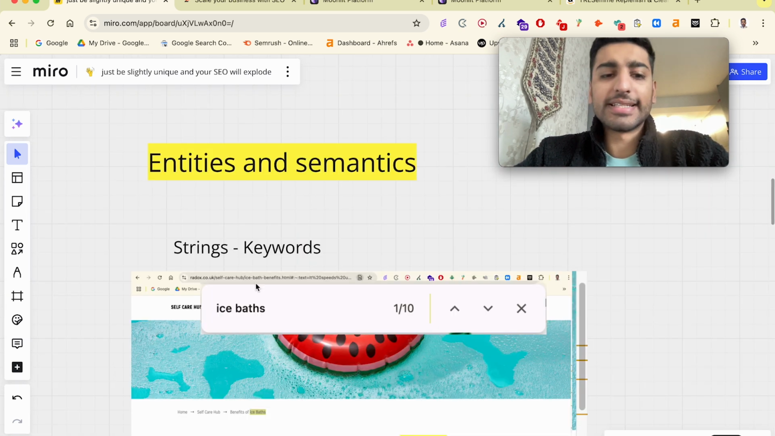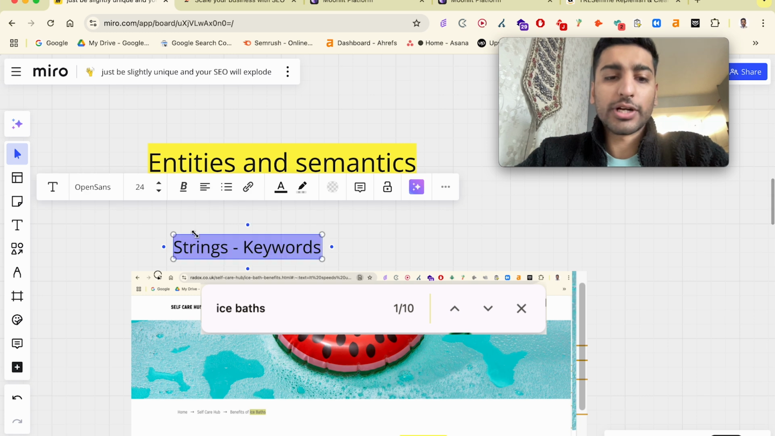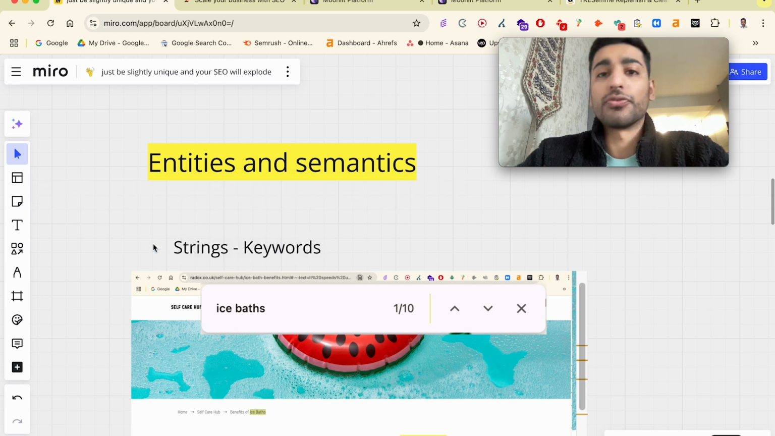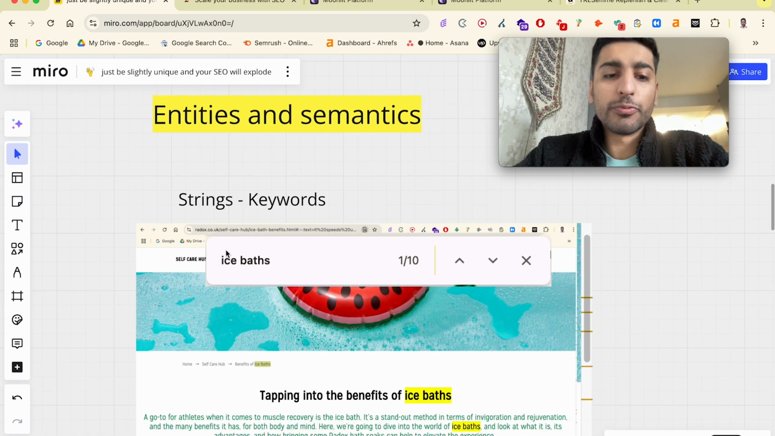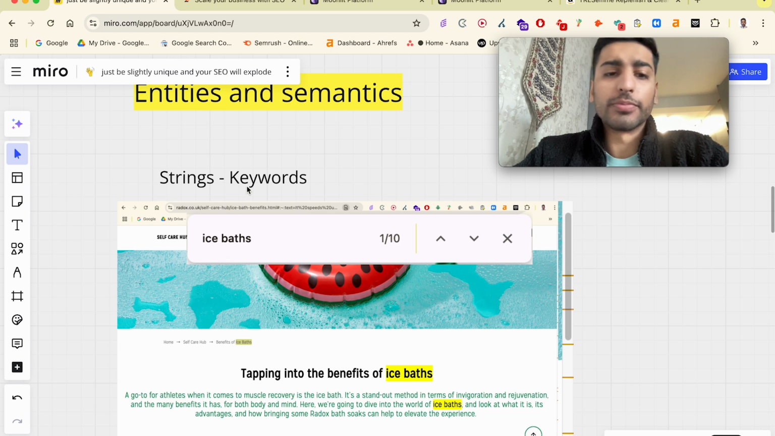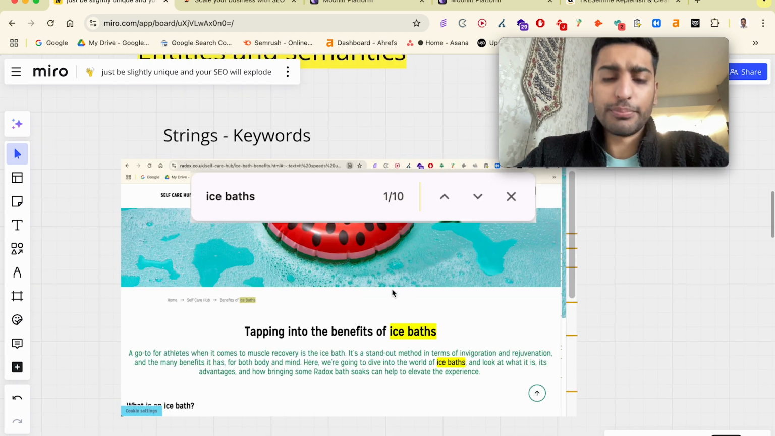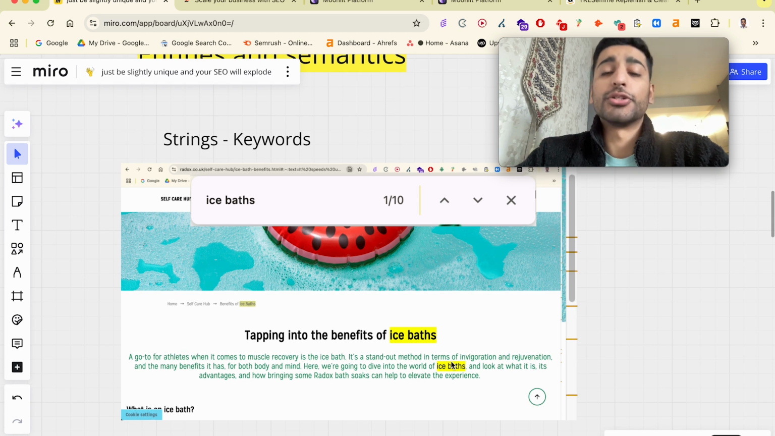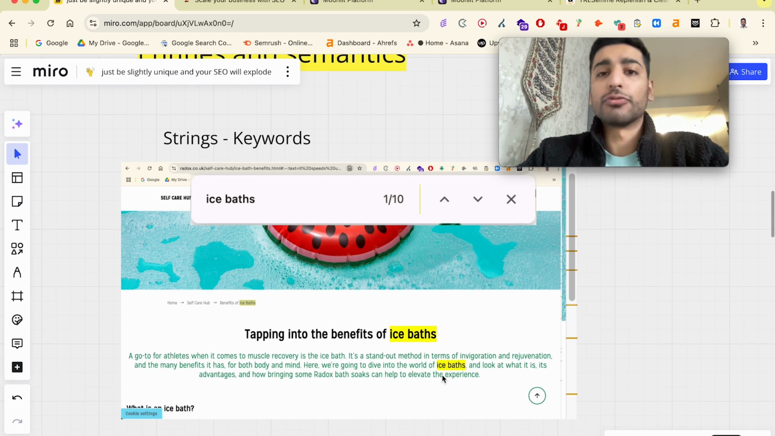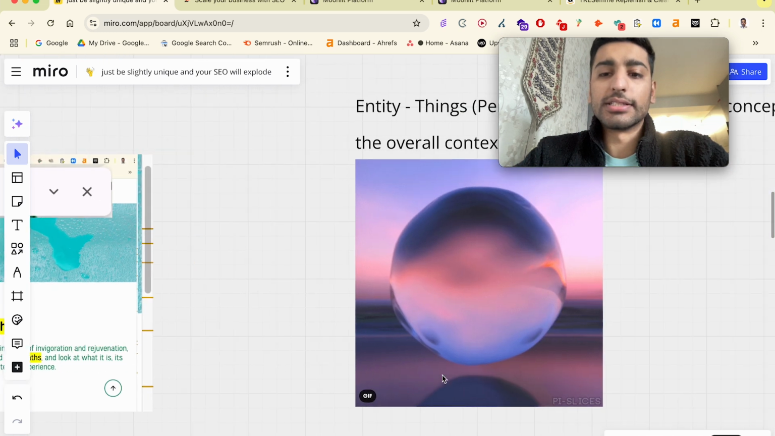Next up, entities and semantics. So Google has tried its best to move away from strings to things. So all that means is they've moved away, or they're trying to move away from keywords. So for example, I put in ice bath for this particular page and it showed the keyword ice bath returning a bunch of times on the page. Now, of course, you still want to mention different keywords on your page, but just understand Google is moving away